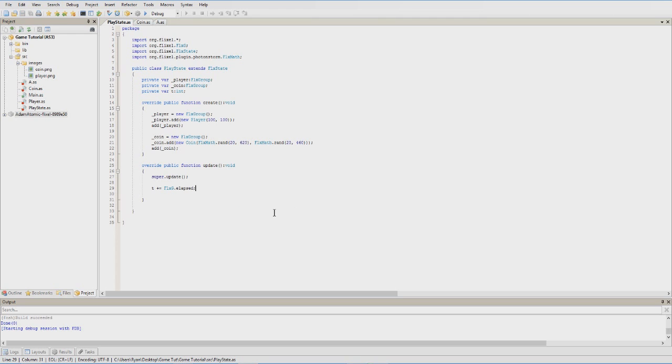I don't think it's like that. Okay, so if t is greater than or equal to, let's do it every, I don't know, like 3 seconds, and then t minus equals 3,